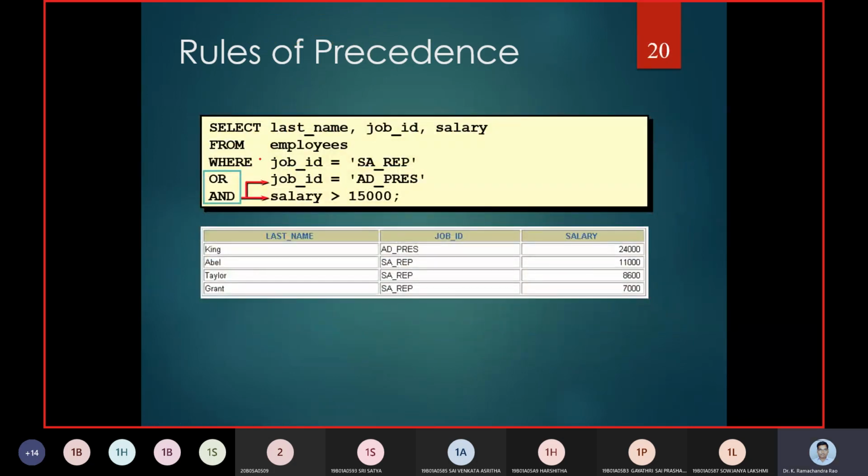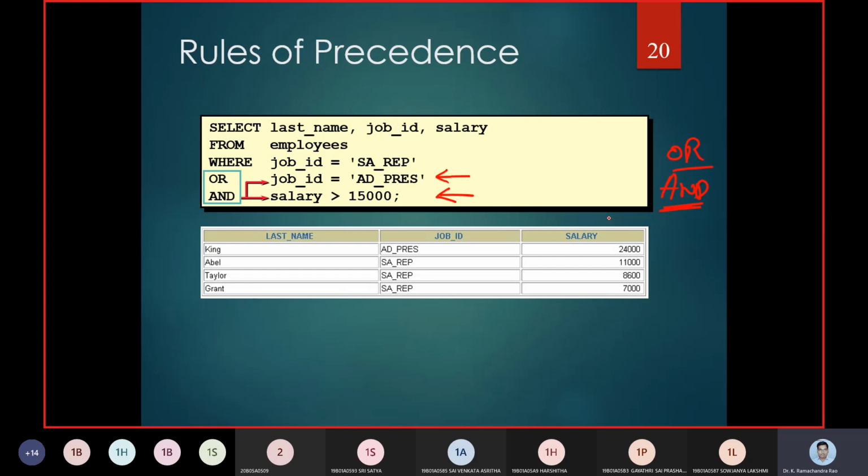Now this is a choice we need to be prepared for. We are going to have an OR operation and an AND operation. The scenario is, which should go first?